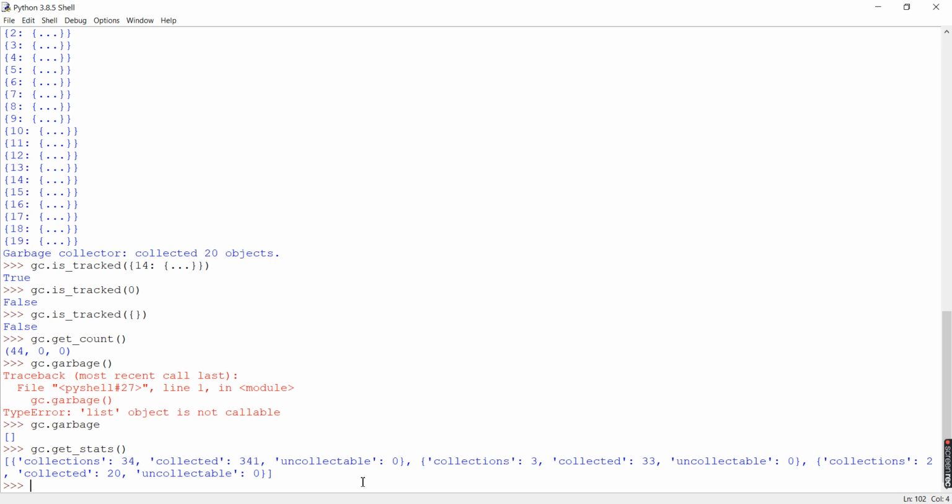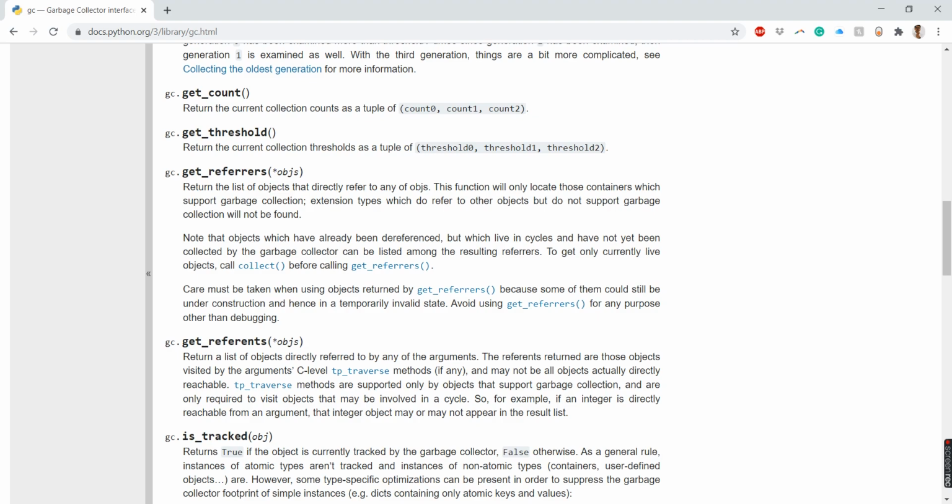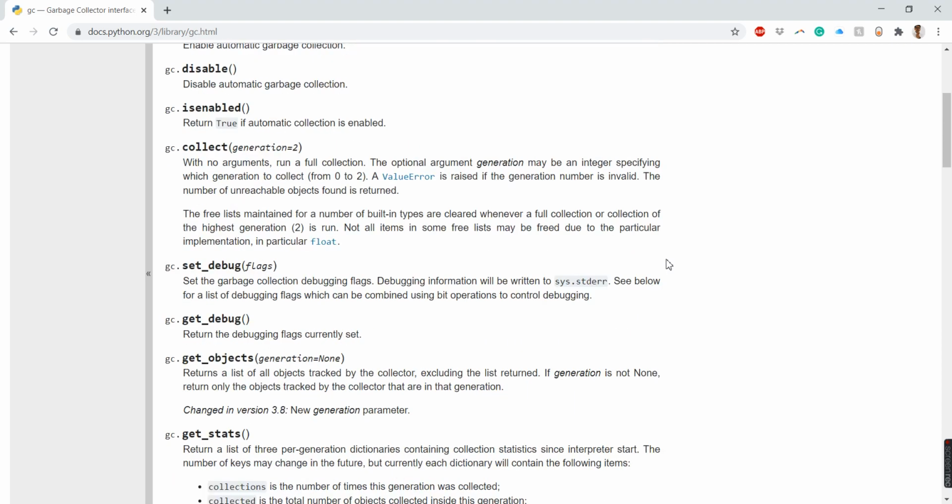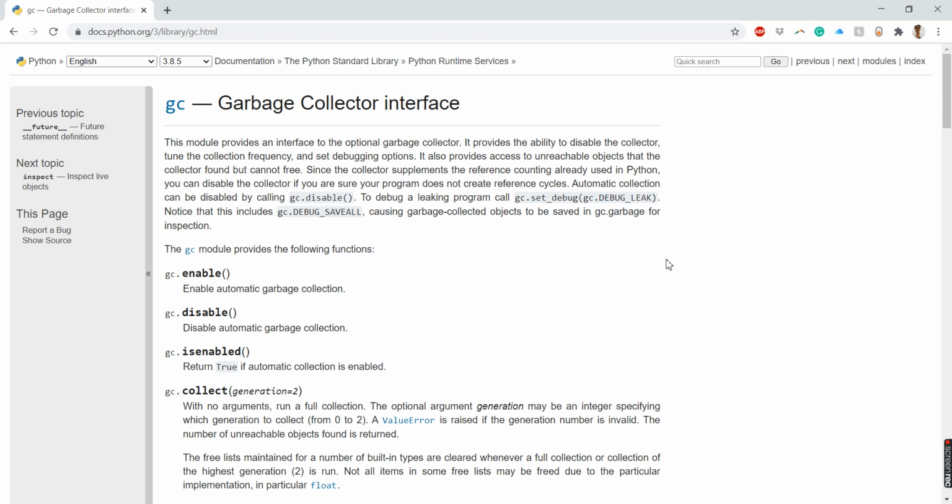If you want to know more about these parameters and get into the details, there are other methods and variables. For that I suggest you visit this website. I'll put the link in the description, so make sure you check it out. This is from docs.python.org. For the latest version, 3.8.5, it has the garbage collection interface.